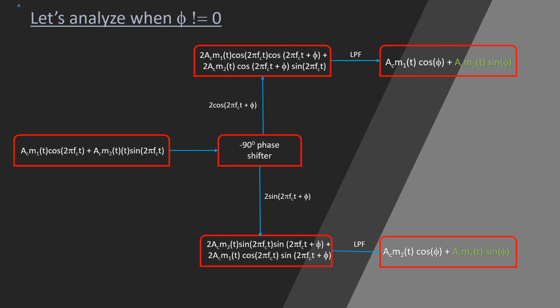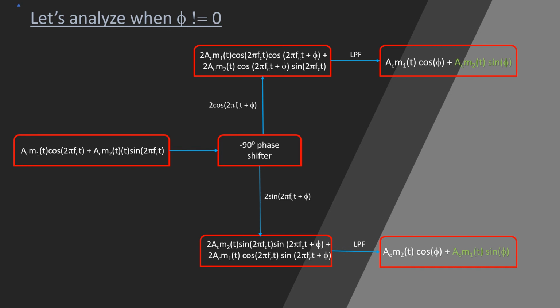But now the terms consist of cos phi and sin phi dependent terms, which will be equal to A_c m1(t) cos phi plus A_c m2(t) sin phi. Now when we have expected the output as only A_c m1(t), we get phi dependent terms on both outputs,